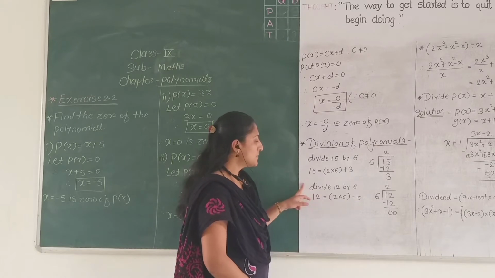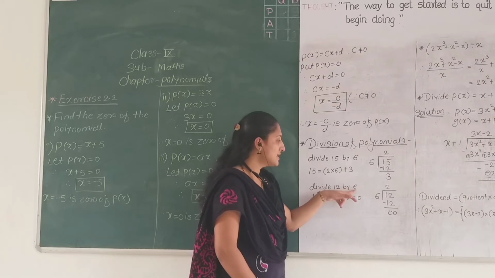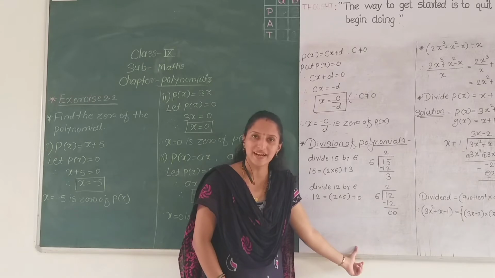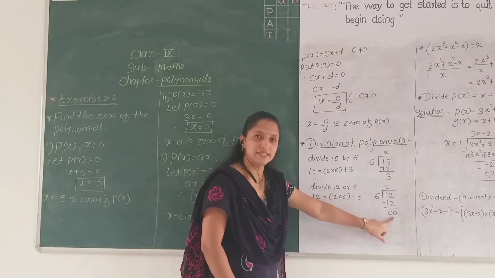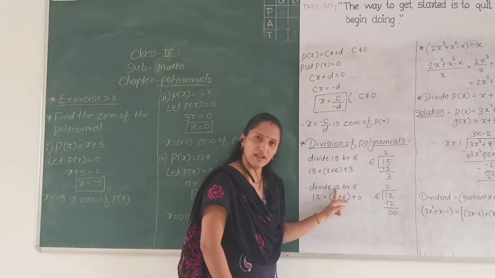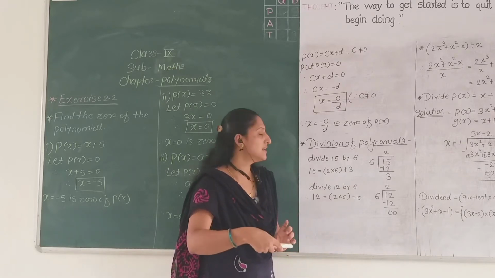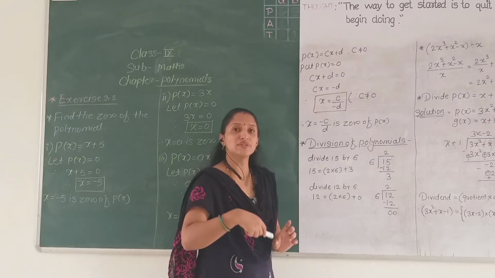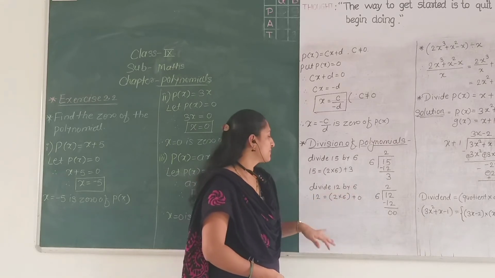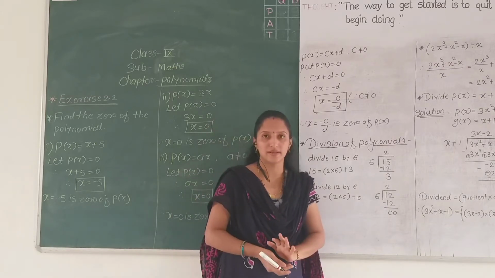Okay. So in this case, we can say that 6 is a factor of 12, or 12 is a multiple of 6, right? When the remainder is 0, we can say that 6 is a factor of 12, or 12 is a multiple of 6, since 12 is coming in the table of 6, 6 twos are 12. Okay? So in this way, we can divide two numbers.